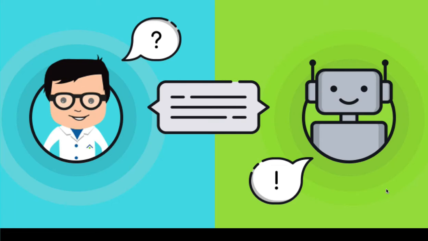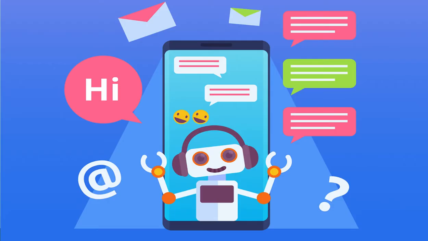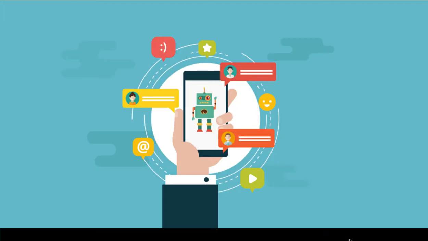So on the left, you will find the website visitor. When he visits your website, he will find a chat box. When he starts typing into the chat box, he'll start getting responses from the bot that you see on the right hand side. So if I were to define it, a chatbot is nothing but a computer program that is designed to simulate conversation with humans, especially over internet.